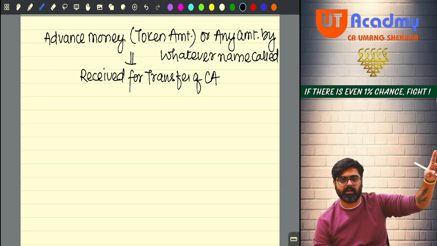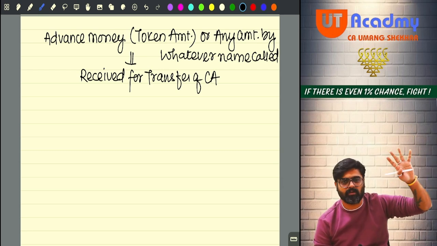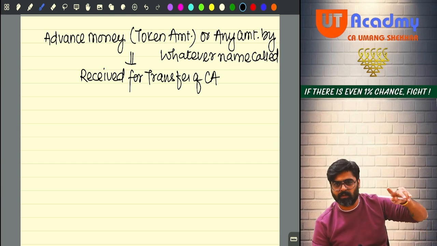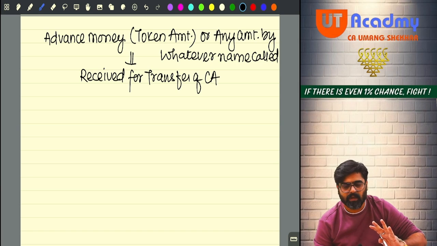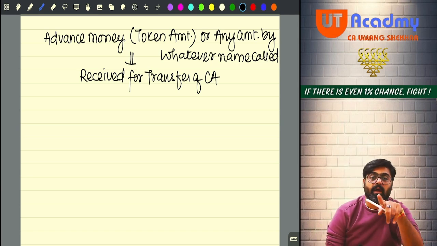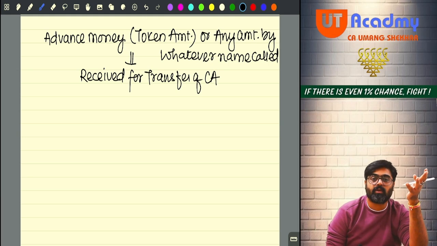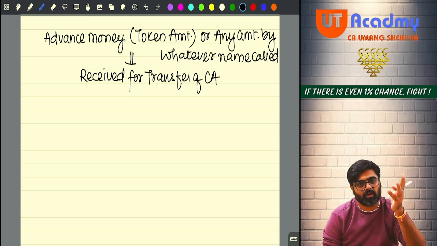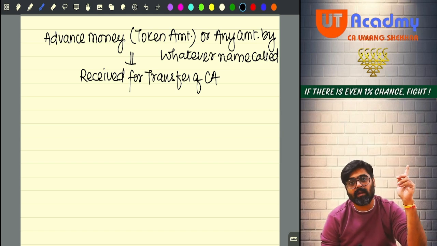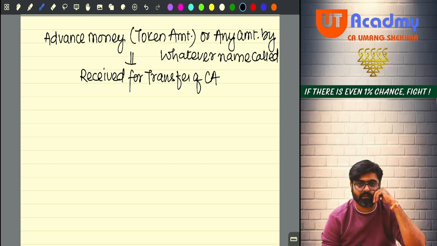You both decided that the property will be sold for 75 lakhs. He is going to buy the property for 75. You are going to sell for 75 lakhs. You made a sale agreement. In this sale agreement, you wrote that you are going to give me how much? 5 lakhs right now, and balance amount of 70 lakhs you will pay in 3 installments, 30, 30 and 10 lakhs. 30 lakh first installment on or before this date, within this much time. 30 lakh second installment on or before this date, and the balance 10 lakh will be paid at the time of registration. Yes or no?